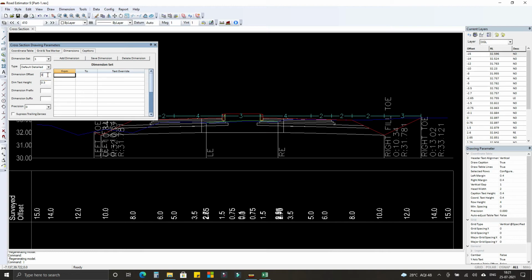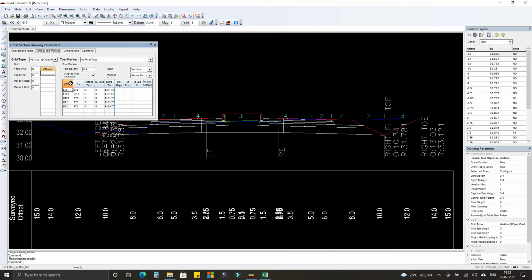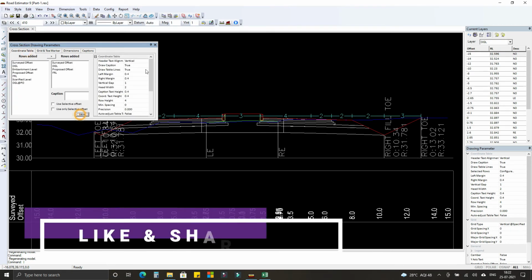As there is no offset, it came completely into the center, so let's give an offset of 1 meter and precision of 3 digits. Okay, let's go to toe and grid markers. 0.4 text height, no, we need only 0.2. Save.